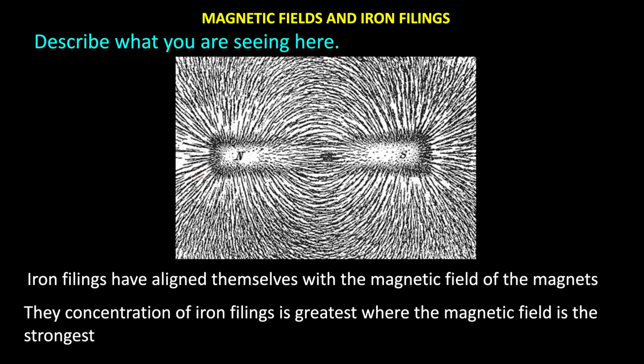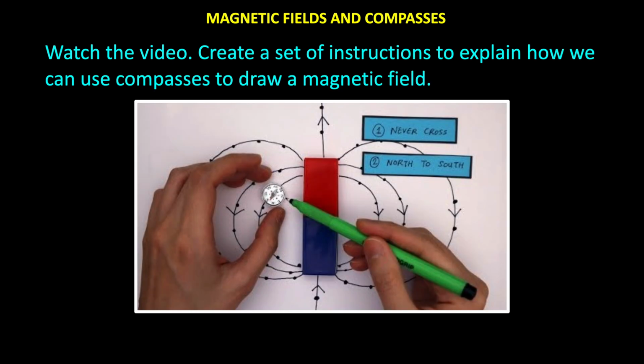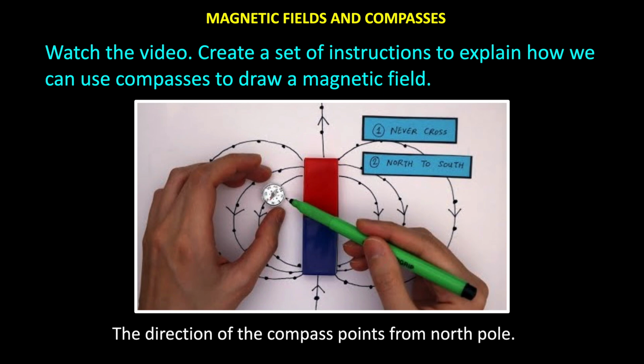Magnetic field lines can also be represented using compasses, where we can see that the compass will always point in the direction of the South Pole, from north to south. We can often use compasses to draw magnetic field lines by using lots of compasses in different points around a bar magnet. And finally,